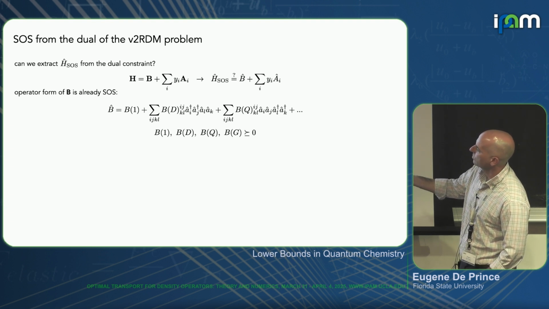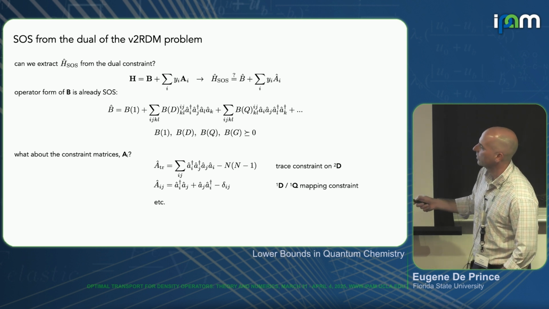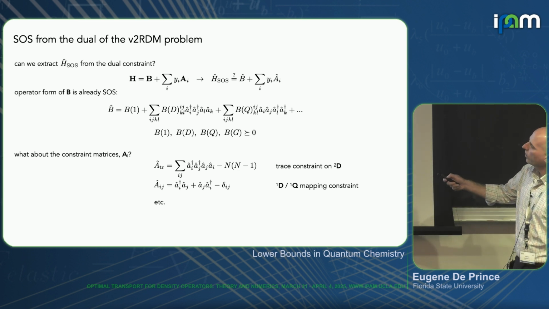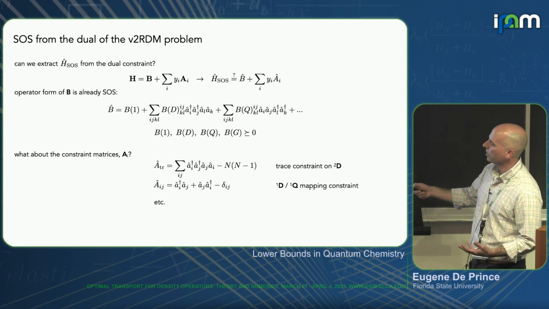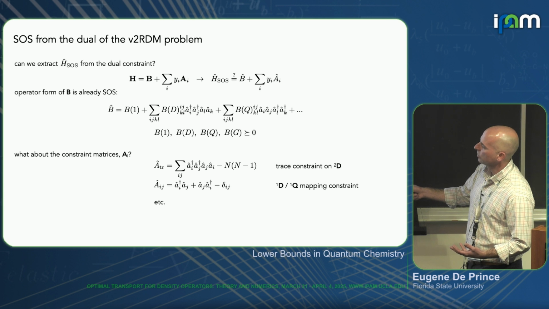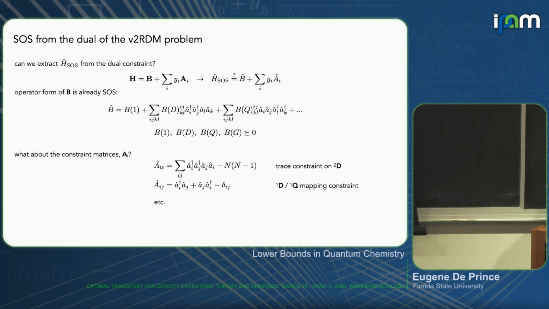All of these matrices are positive semi-definite. So this B is a sum of squares. Now what about these constraint matrices multiplied by the Lagrange multipliers? If you think about what each of these constraints refers to physically, you can cook up an operator form of them. So for example, if I want to say the trace,